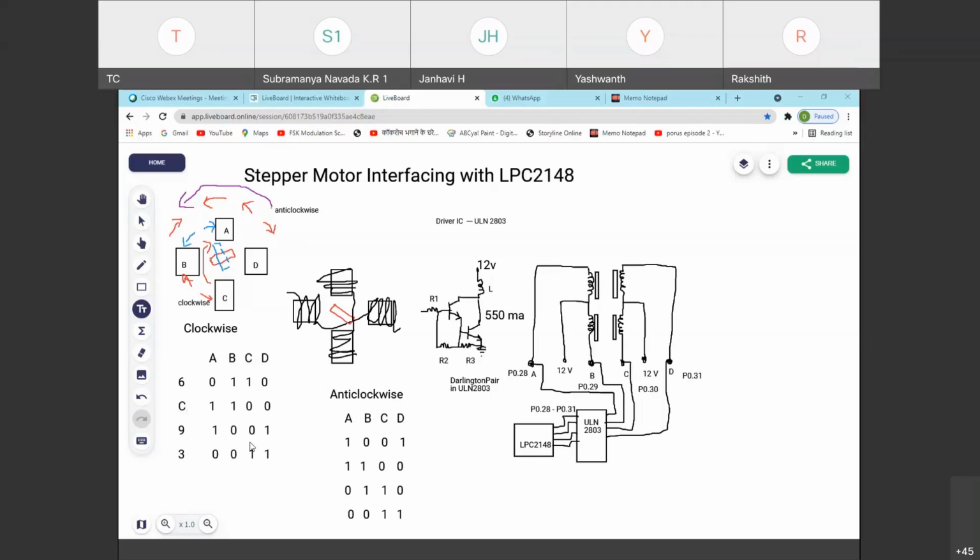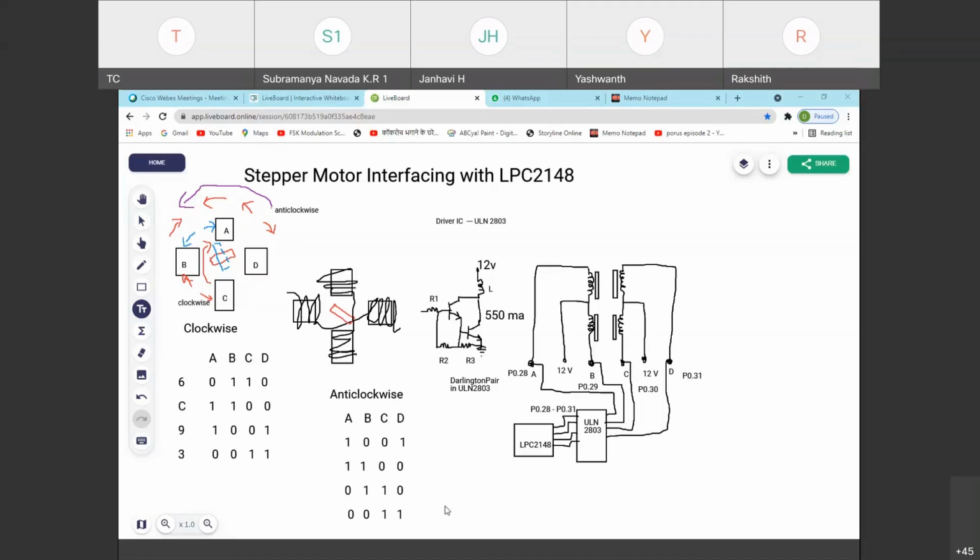Now when I want anti-clockwise, see, the anti-clockwise direction on the outside I have written with the color. Now you can see here, first the coils I'll energize are A and D. Then I'll energize AB. Then I'll energize BC. So I will be attracting the rotor to move in the anti-clockwise direction.